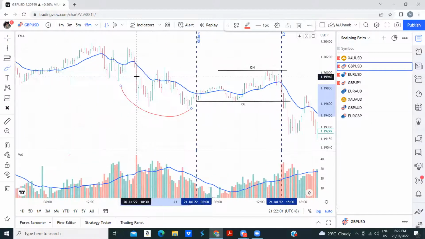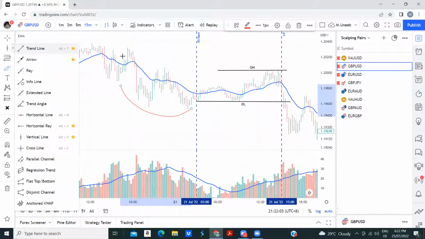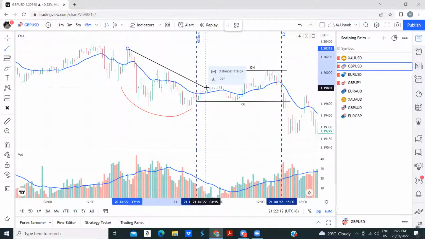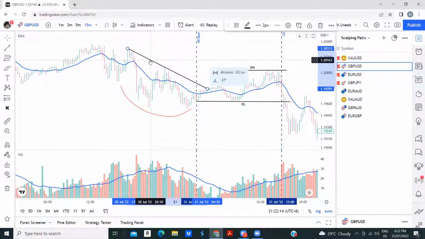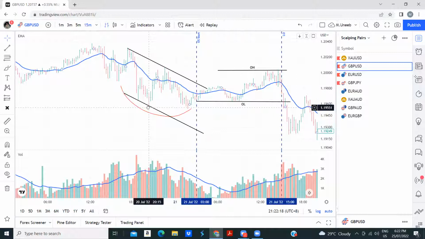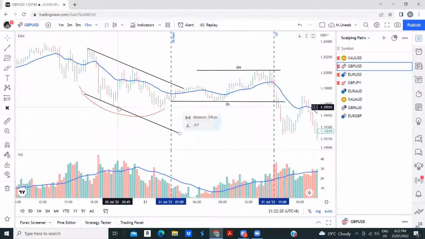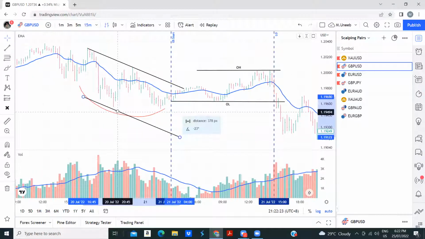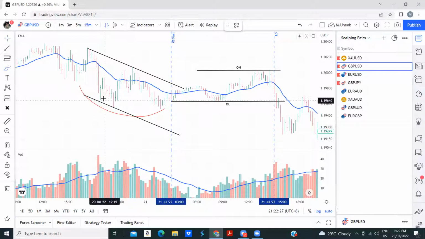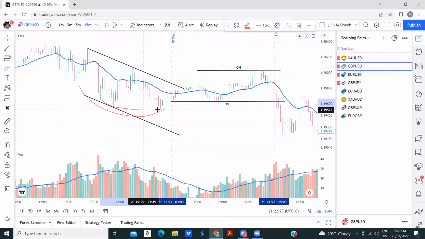You can see easily. If you draw the channel, you can also figure it out. For example, if I want to draw, this is the first high, second lower high. This is the second lower high, the major high, second high. If you draw this and this from here to here, all right. So we can mark this high, this high, this high, shortening of thrust, right? SOT.